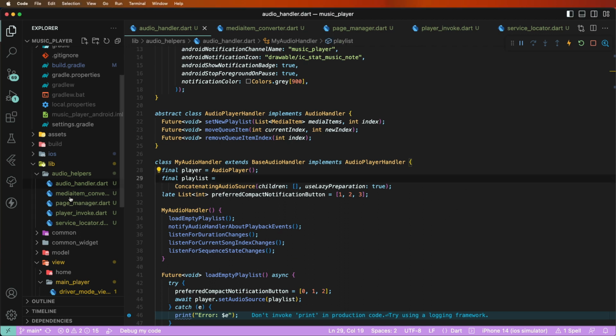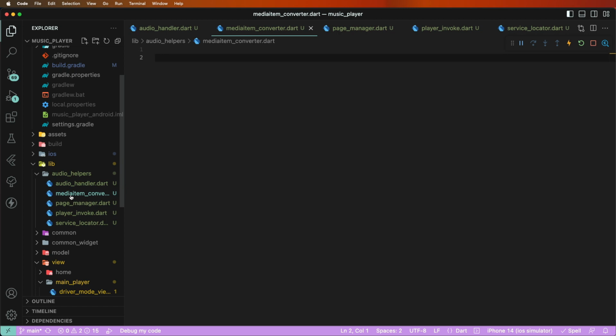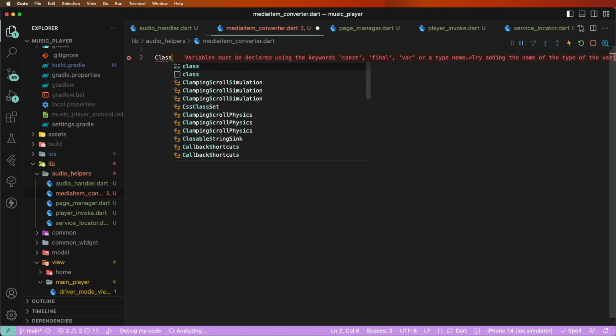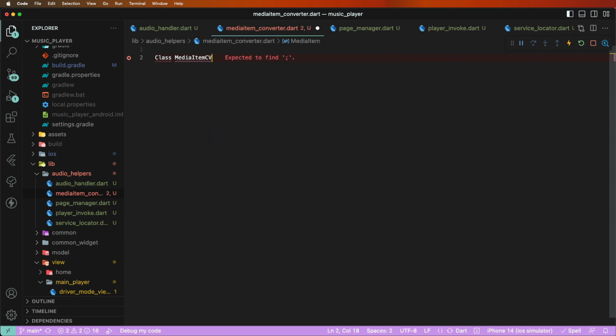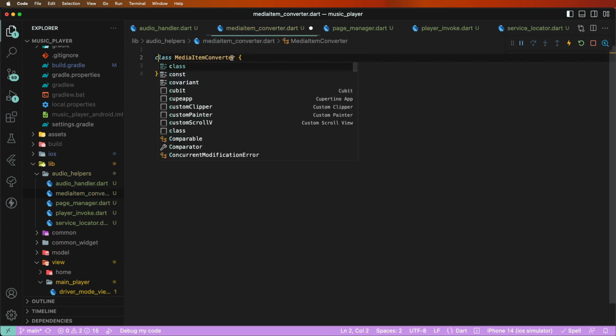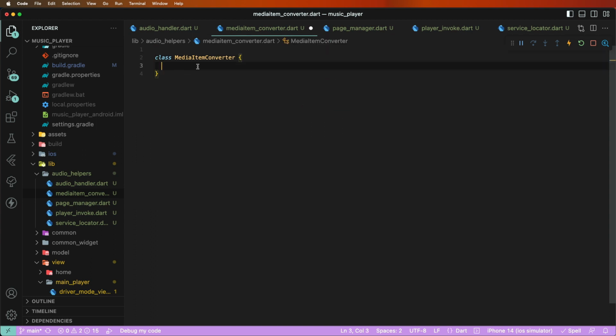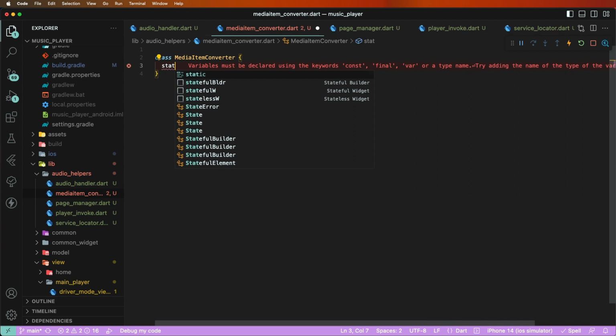Now need to create here the media converter to class this calls here, and need to configure here. First of all, so need to create here the class need here. First of all, to set here the class names, and to give here the media item convert. Give these class names. C is small, and now need to get here static methods for